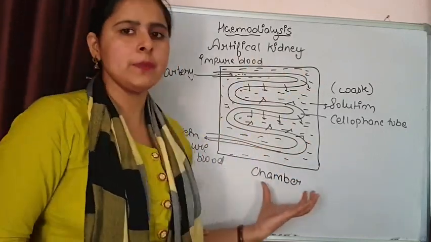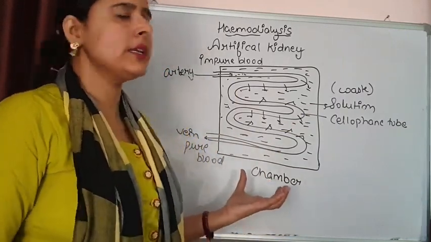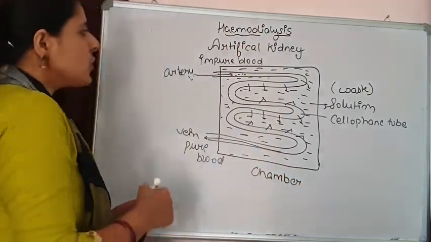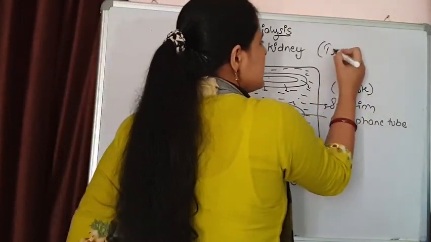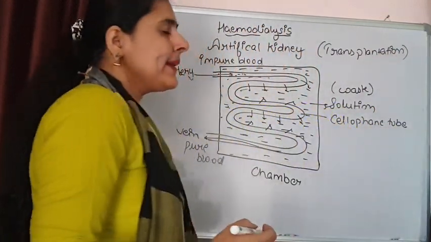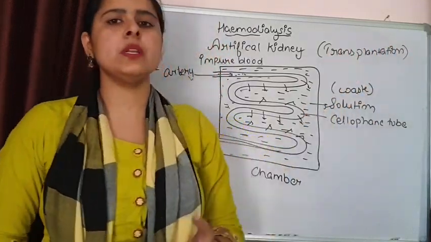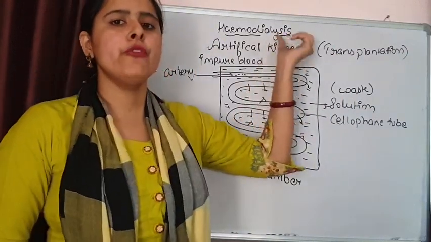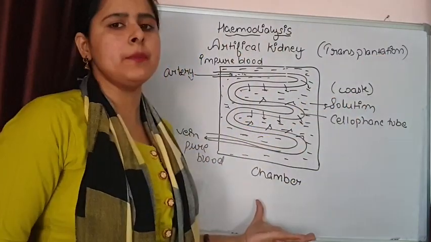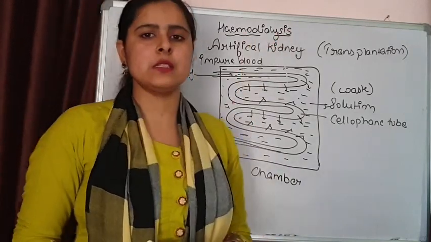But this is not a permanent method of treatment. The individual has to be kept on this machine at certain intervals for continuous removal of the waste. The permanent solution for such individuals can be transplantation. Transplantation means we can take a fully functional kidney from a healthy individual and transfer it into the body of an individual whose kidneys have failed or are not working properly. This is a permanent method, and this is a temporary method that is done for the removal of waste out of the body. So this is how hemodialysis is functioning.